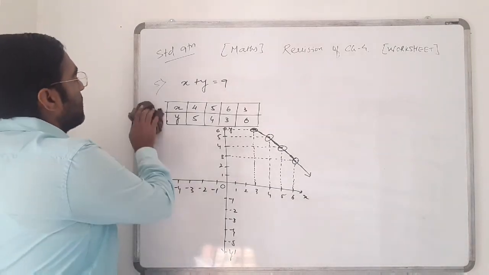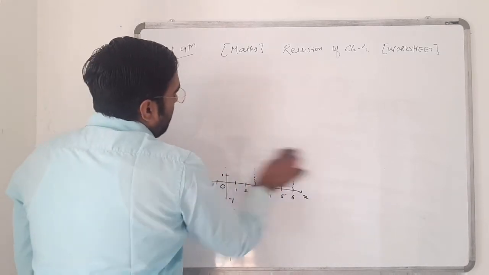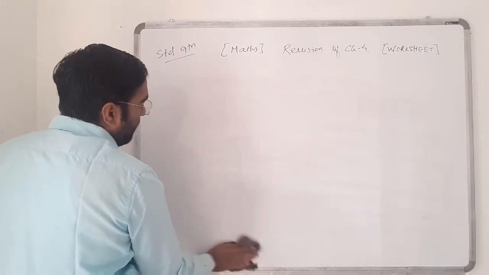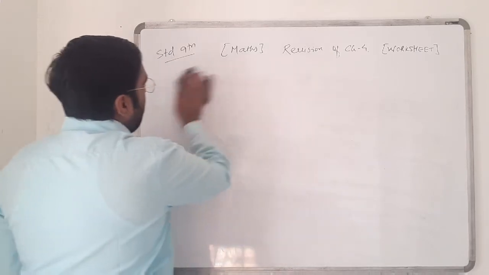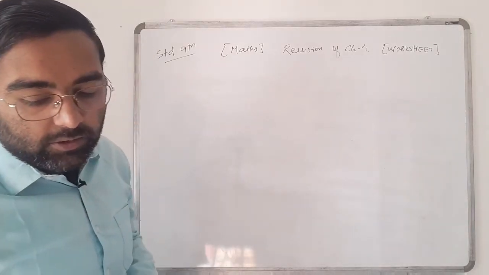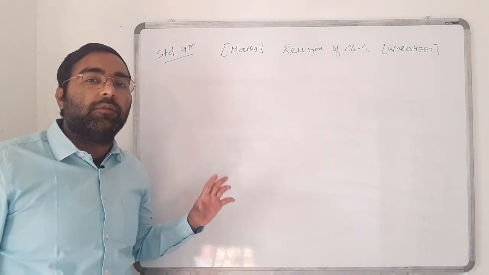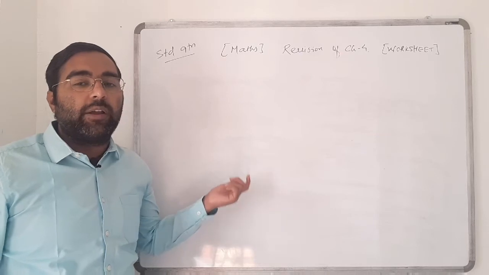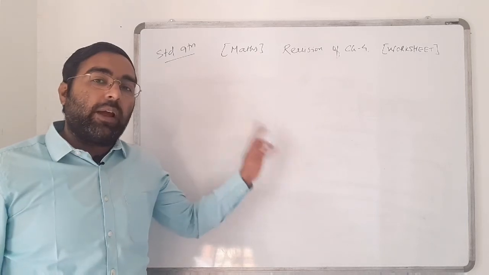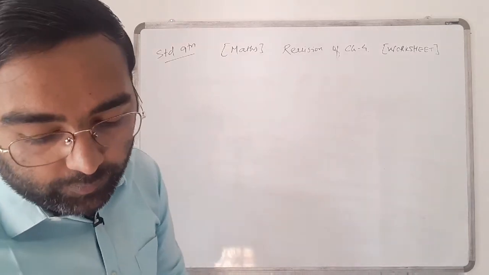So now we are moving on to question number 6. Dear students, here, as per the solution or as per the values of x and y, different kinds of graphs are formed and different kinds of lines are presented on the graph. So please check that if you take 5 comma 4, 4 comma 5, 6 comma 3 and 3 comma 6 as solutions, then your line is formed as a straight line, as I drew.